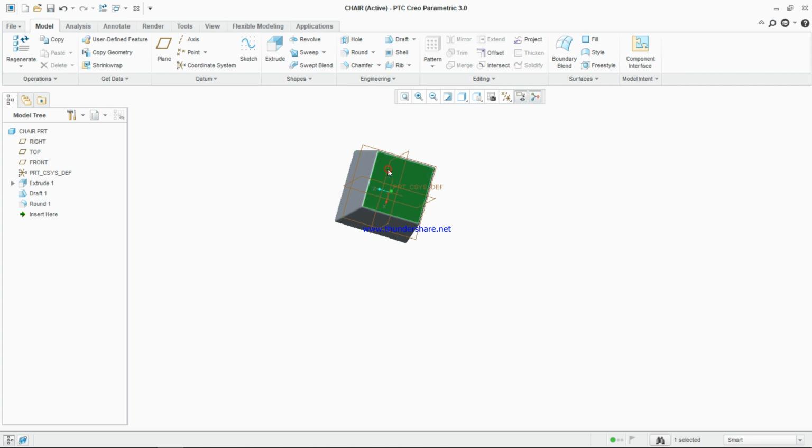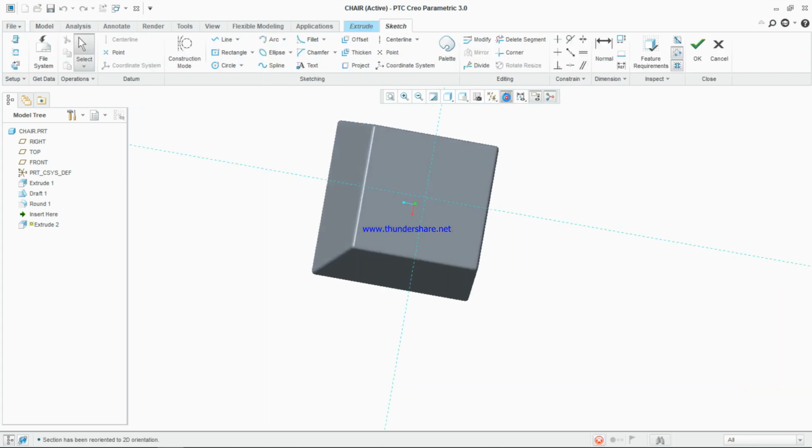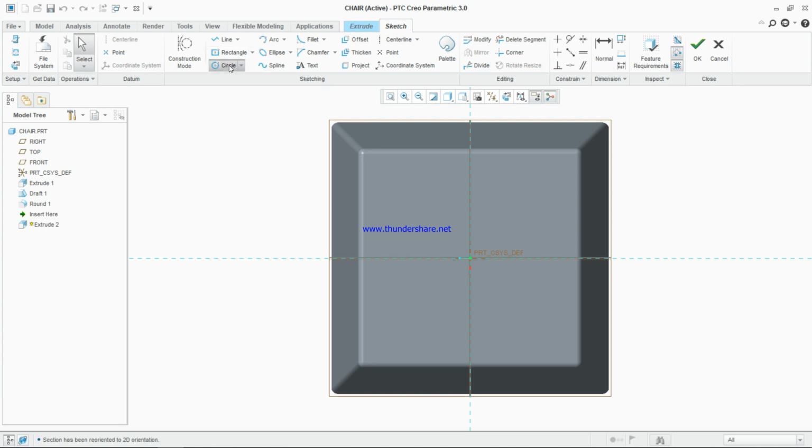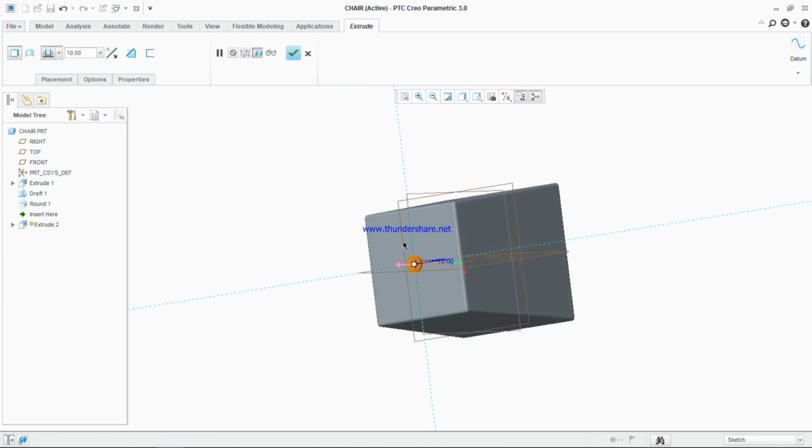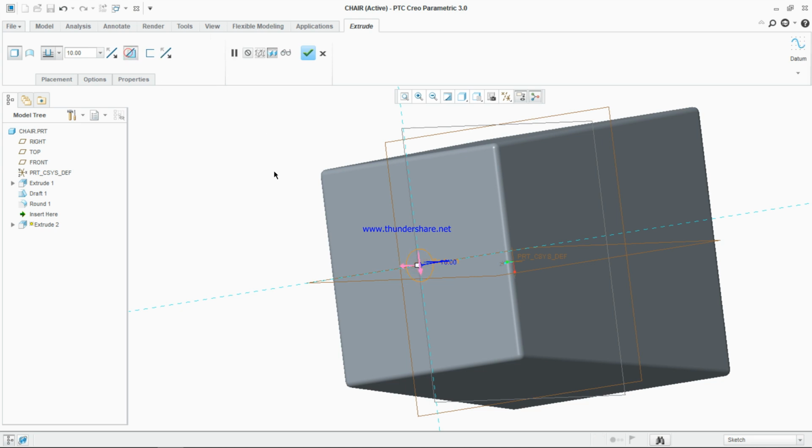For making a grip, we just need a small hole in the top face of the stool. Just click extrude on the top surface of the chair, click circle, draw a circle of 75 mm diameter, click on 75, click OK, and then just remove the material, just 10 mm depth. Click remove material, click on OK,